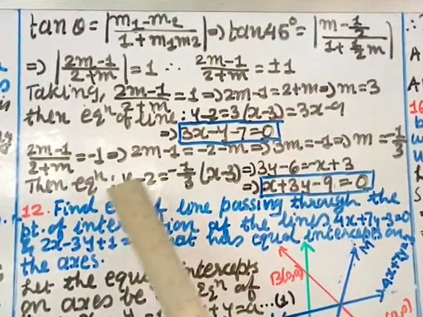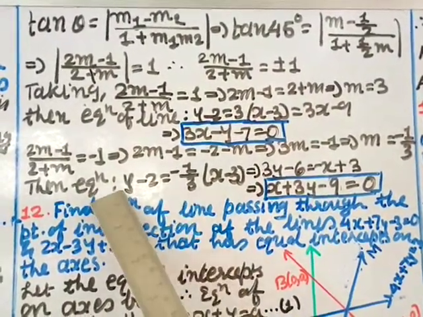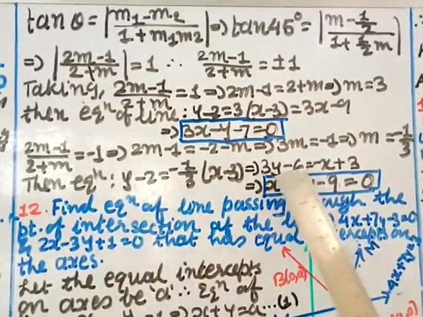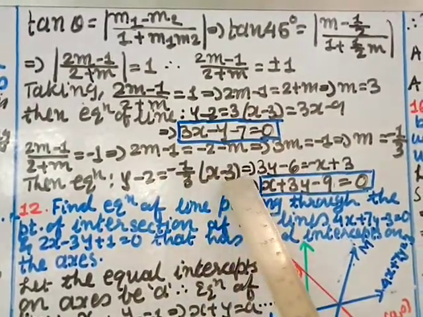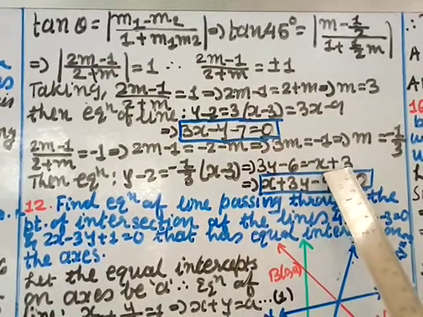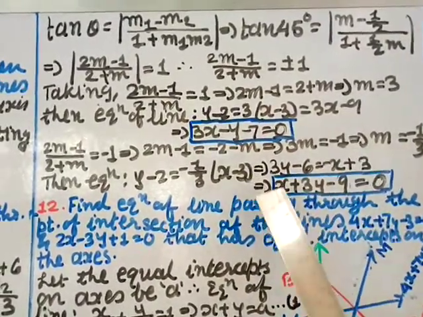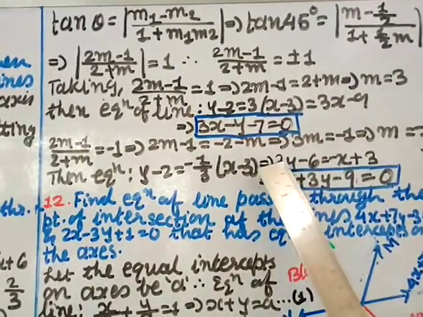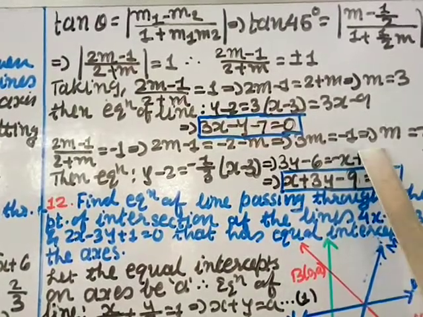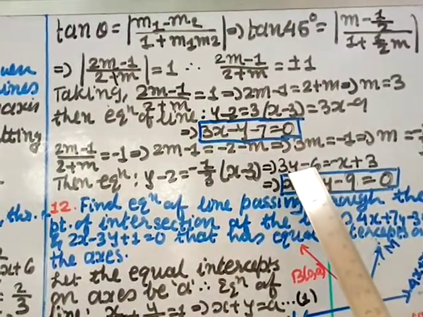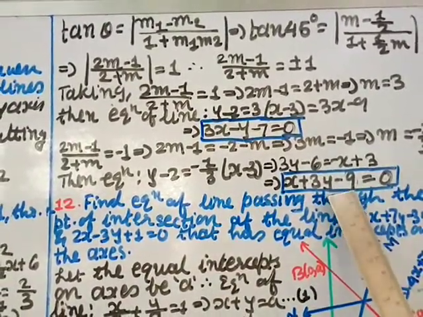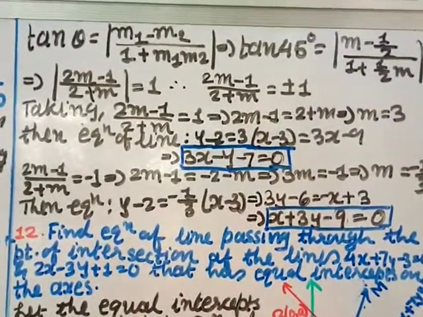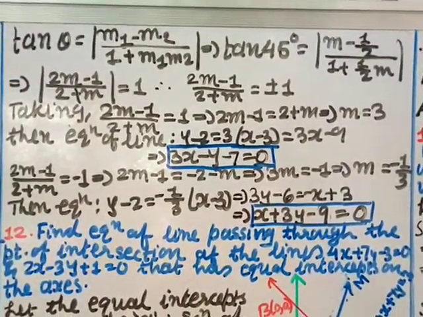3 transfer and multiply with these two. So you get 3y minus 6, minus 1 multiply here, so minus x, minus into minus plus 3. Okay, minus value transfer here, so becomes plus x plus 3y, minus 3, plus 3 transfer here becomes minus, so 6 minus 3 gives you minus 9 equal to 0. So this is the required equation of line.